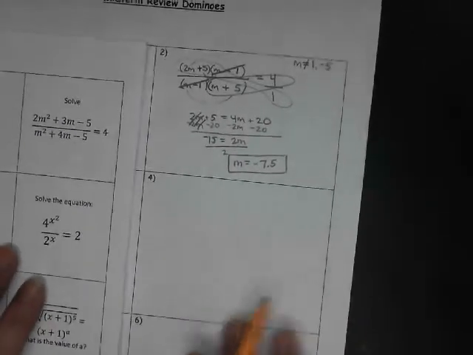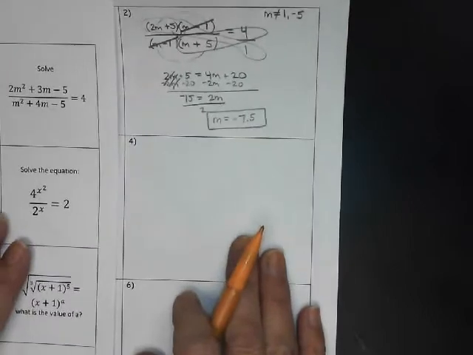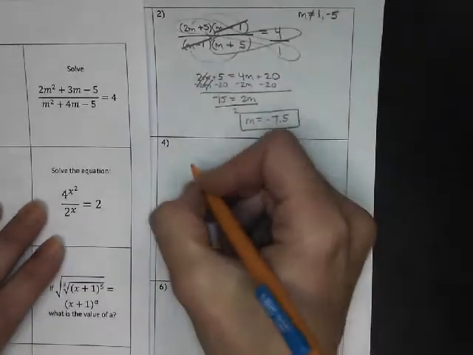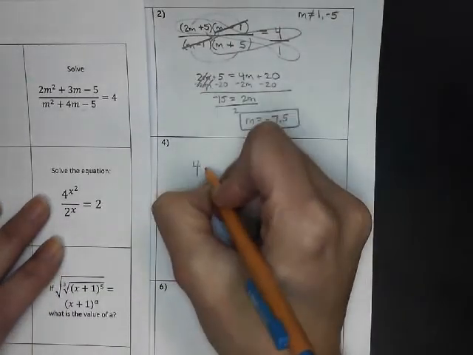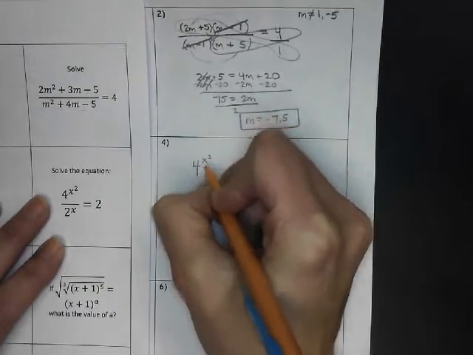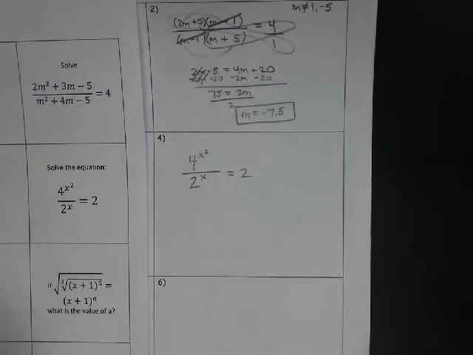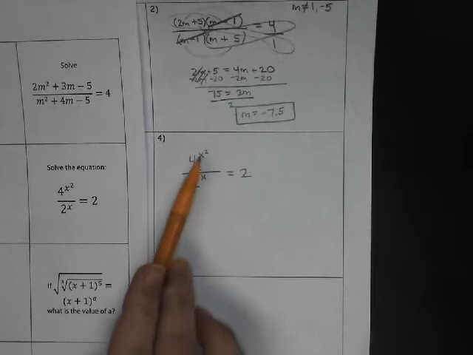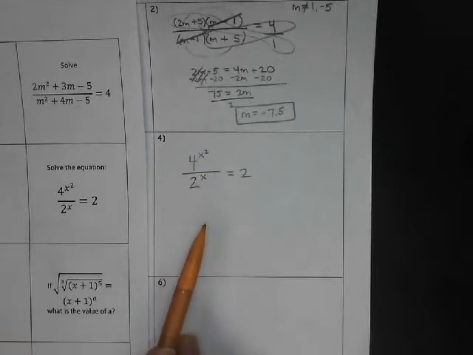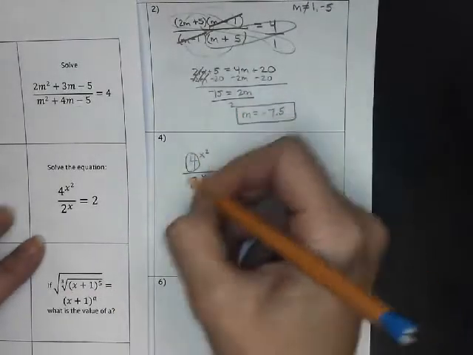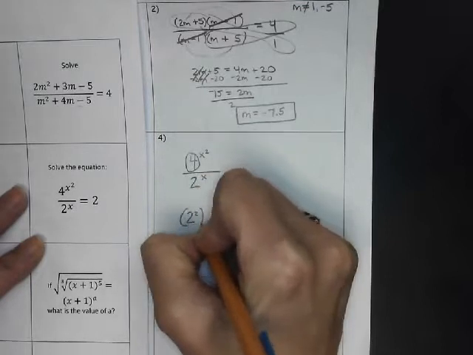On number 4, we're solving an exponential equation, the variables in the exponent. So 4 to the x squared over 2 to the x equals 2. Now, we can use logs, although that's a little tricky here because we have variables in exponents in 2 different places. We want to capitalize on the common bases here. So the fact that 4 is 2 squared